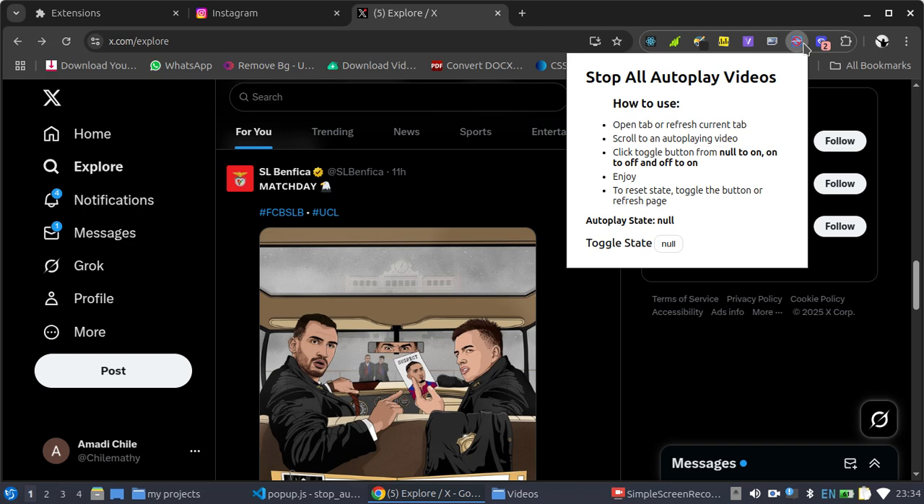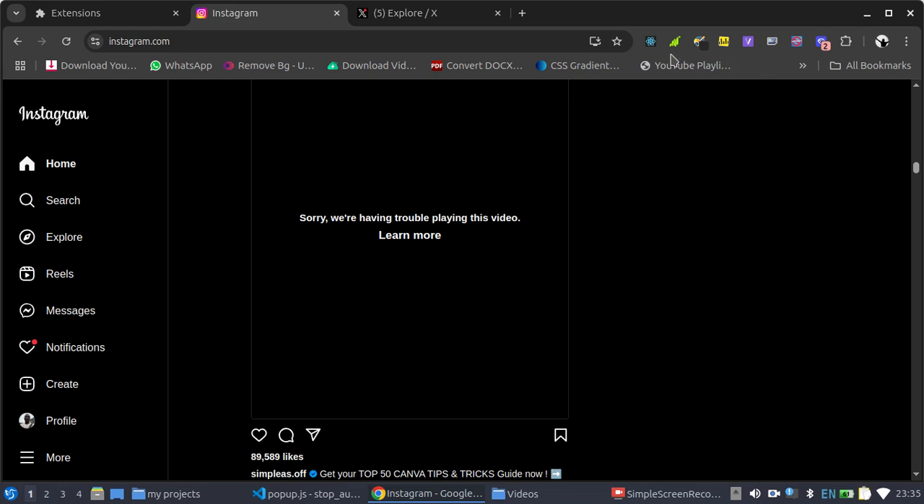So the instruction says stop autoplay videos. How to use: open a tab or refresh the current tab, scroll to an autoplaying video, then click the toggle button from not on to on, to off, and off to on. Usually you go through this process for Instagram and X. They are both React, but the X account is more reactive, so you'll see that in a moment. So if I refresh this page,